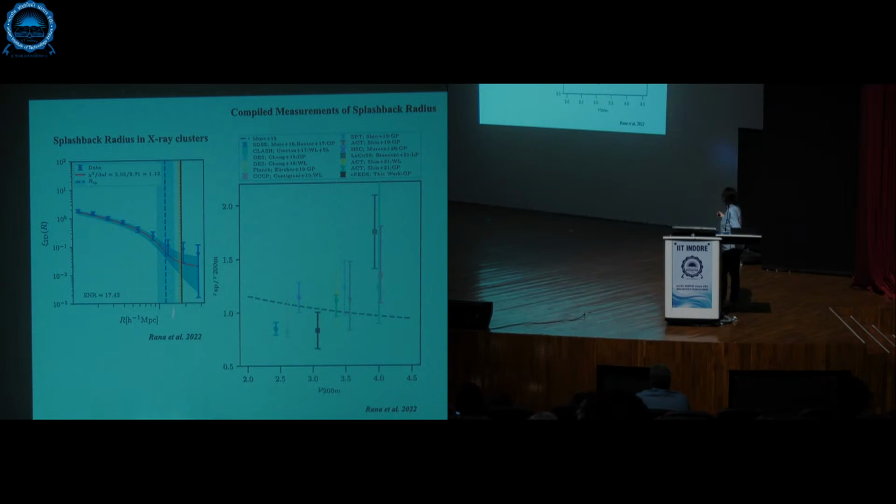There's also been, so this picture I took from Rana et al., which is a very recent measurement of the splashback radius using a small sample of X-ray clusters from Rho Theta, and I think in future we'll have much stronger measurements, but this is currently where the splashback radius measured from different observations stands with respect to what we expect from theory. It's a nice compilation plot of where we are, and in future, with surveys like LSST and so on, we hope to narrow down this